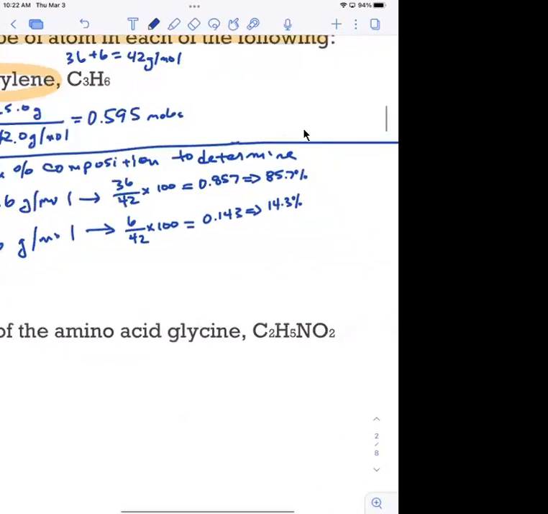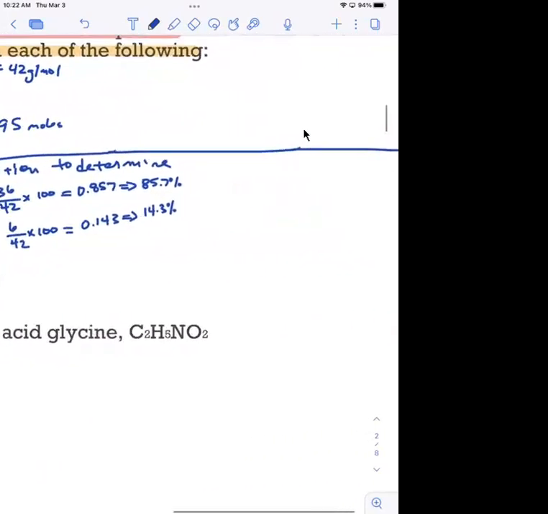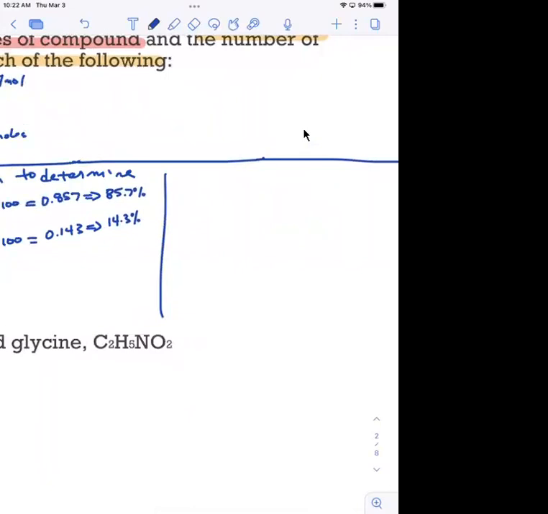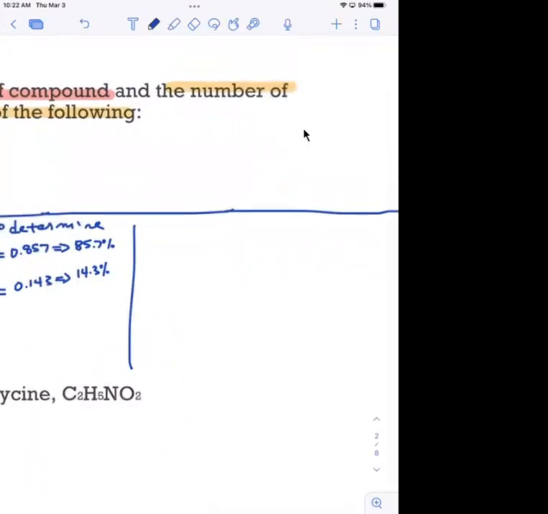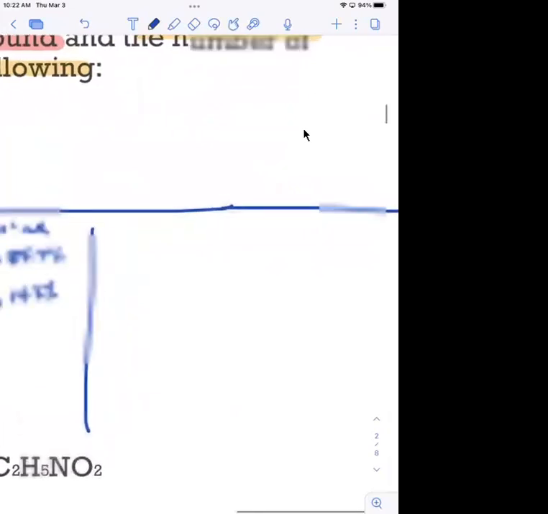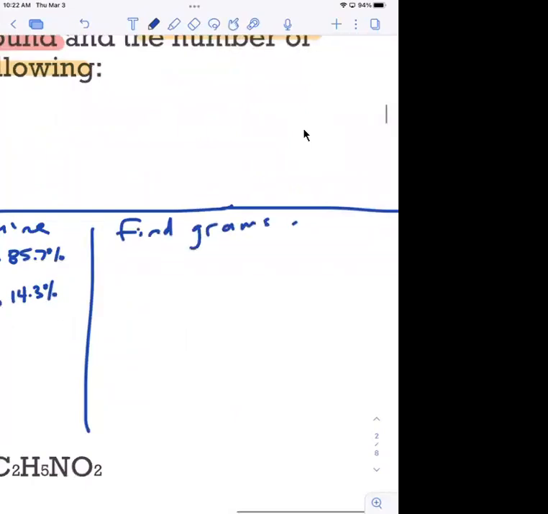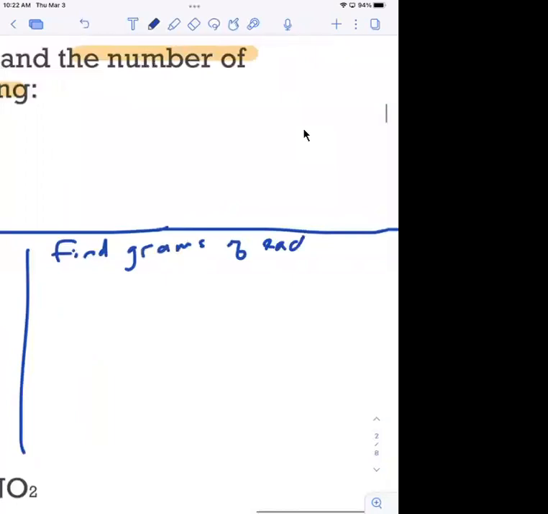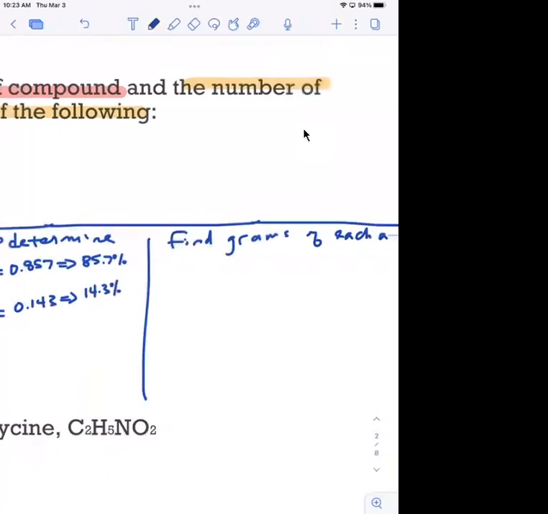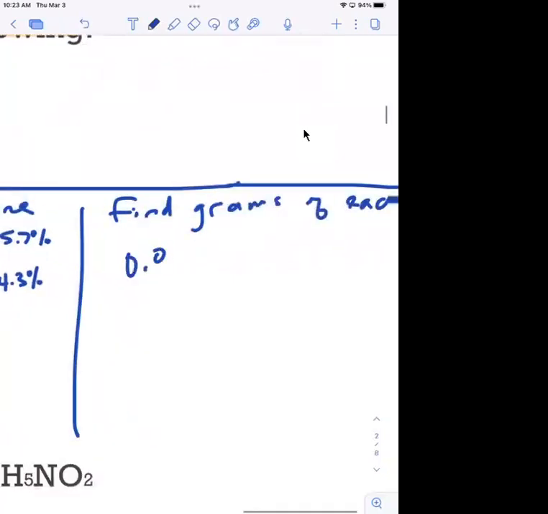Once we do that, we can now find out how many grams of that sample is carbon and how many grams is hydrogen. All we need to do now is take the percentages and multiply them